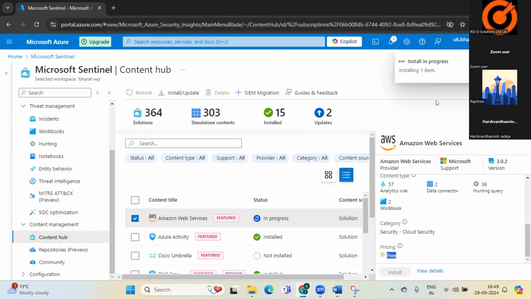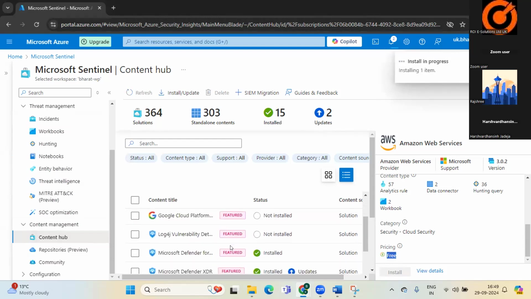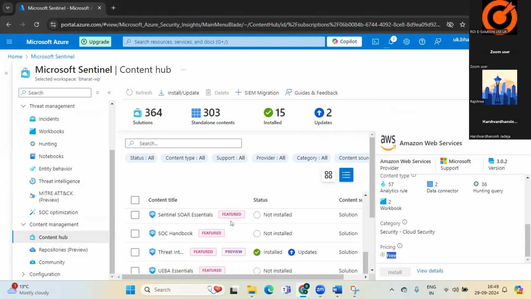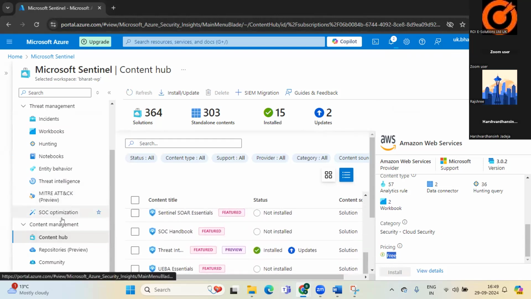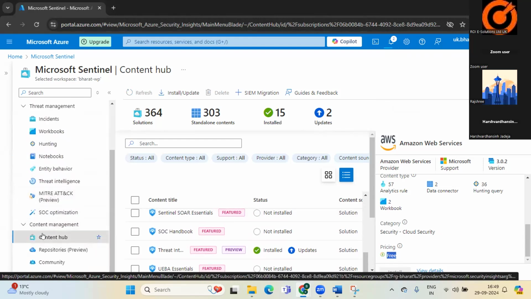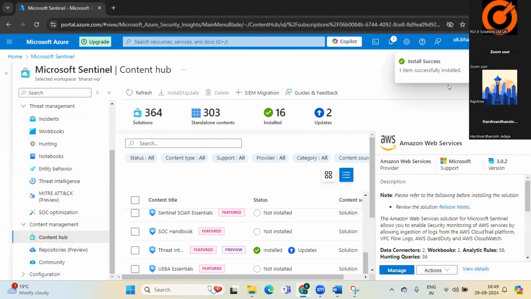this solution into our Azure Sentinel, right? Once you install all the solutions which are required by you from here, you can see where you can find the solution. You can find the solution in data connector, where it is content management. Wait. See, it is installed,